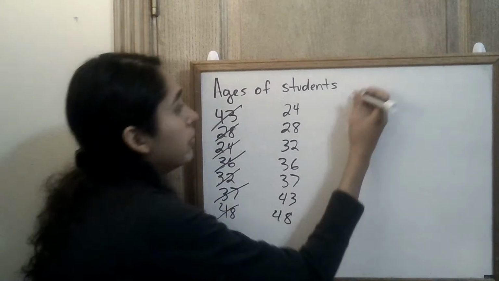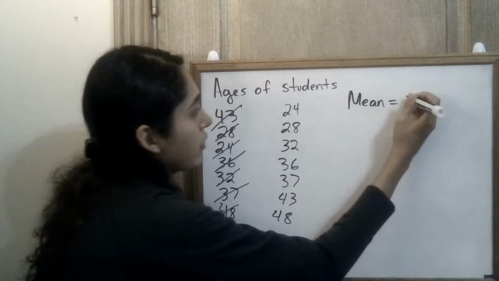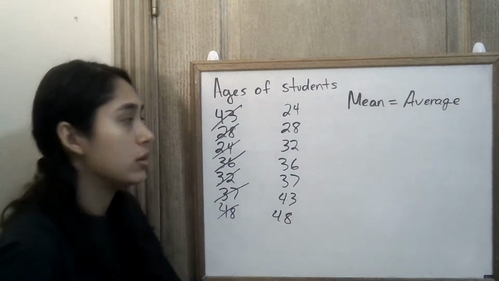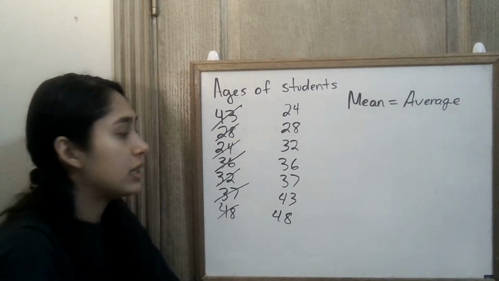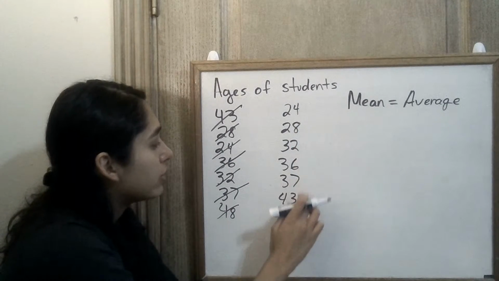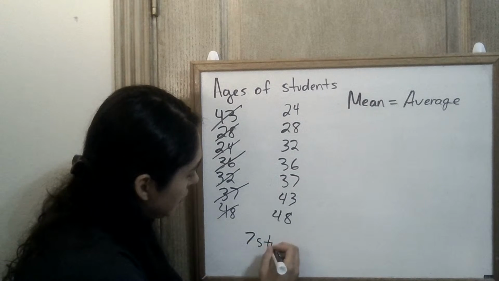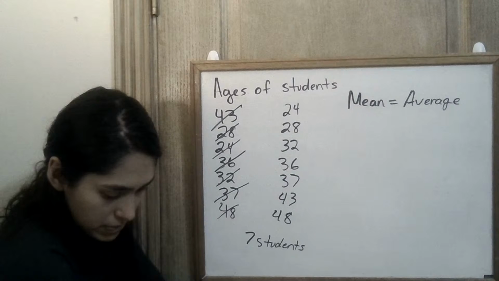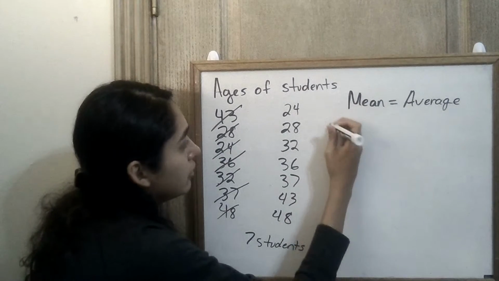So talking about our mean, we're going to do the average. So what we're going to do is that we're going to add them all up, and then we're going to divide it by how many students there are in the class. So I have 1, 2, 3, 4, 5, 6, 7. I have 7 students. So if I go ahead and add them all up,